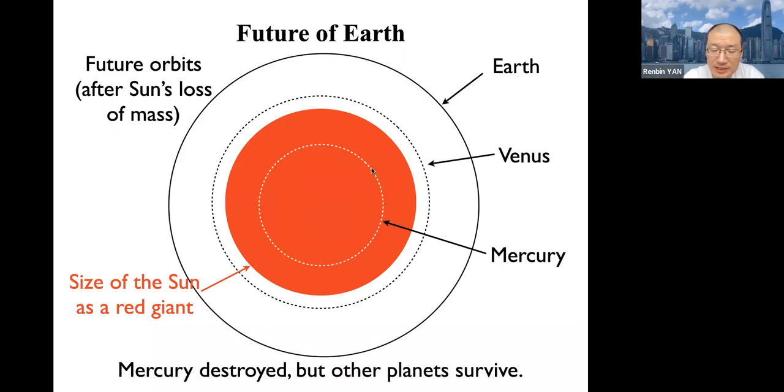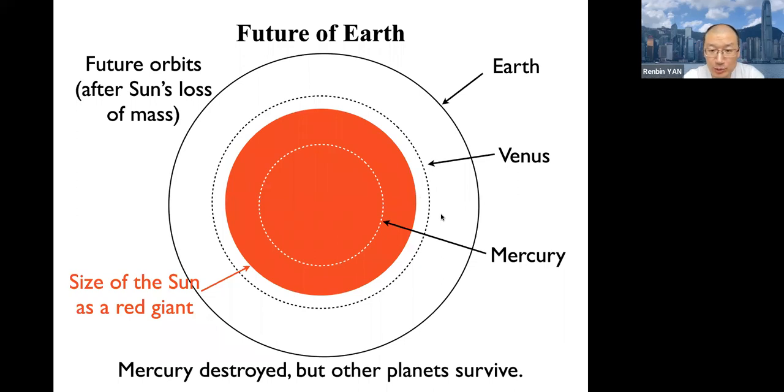So this is after the sun loses its mass. This is where Mercury's orbit would be. This is where Venus' orbit would be, and this is where Earth's orbit would be. We'll still be safe, kind of not being eaten by the sun. Earth will not be enveloped by the sun. The Earth's orbit will still be outside the sun, but the sun is going to eat Mercury. So basically, it's going to completely engulf Mercury inside. But the outer envelope is not big enough to reach Venus' orbit or the Earth's orbit.